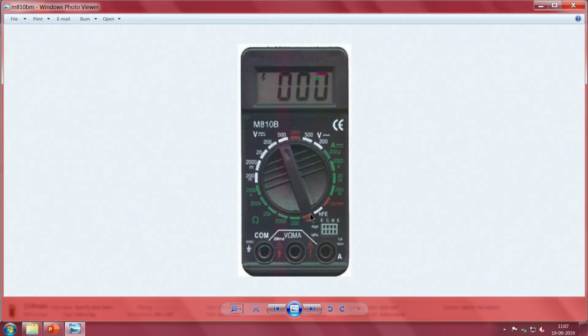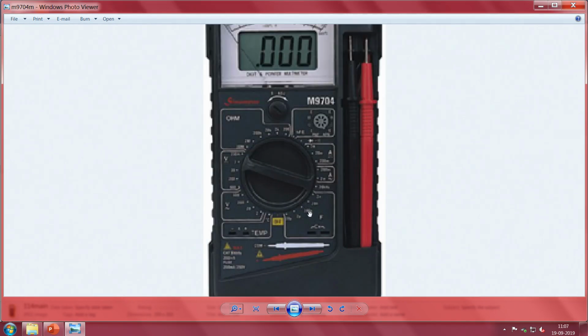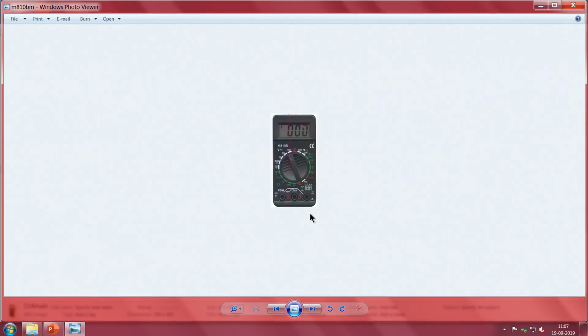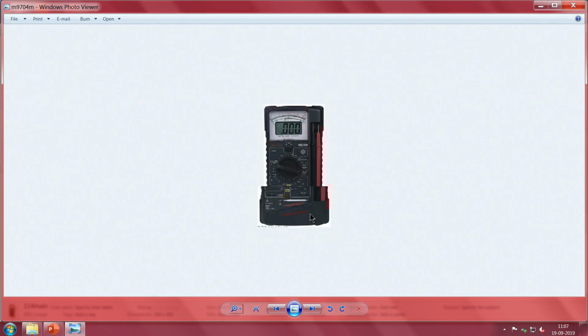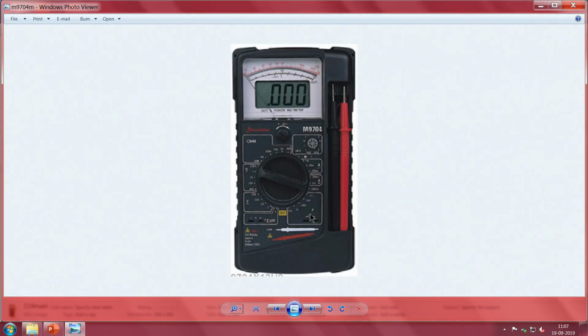So, I am just showing you this, saying you have a look at it. Now you see this here, this looks simple. Even in our cardboard model, 2 or 3 enhancements have been made. You see, one of the first enhancements is that you add the probes to that, so that the probes can be attached to that.